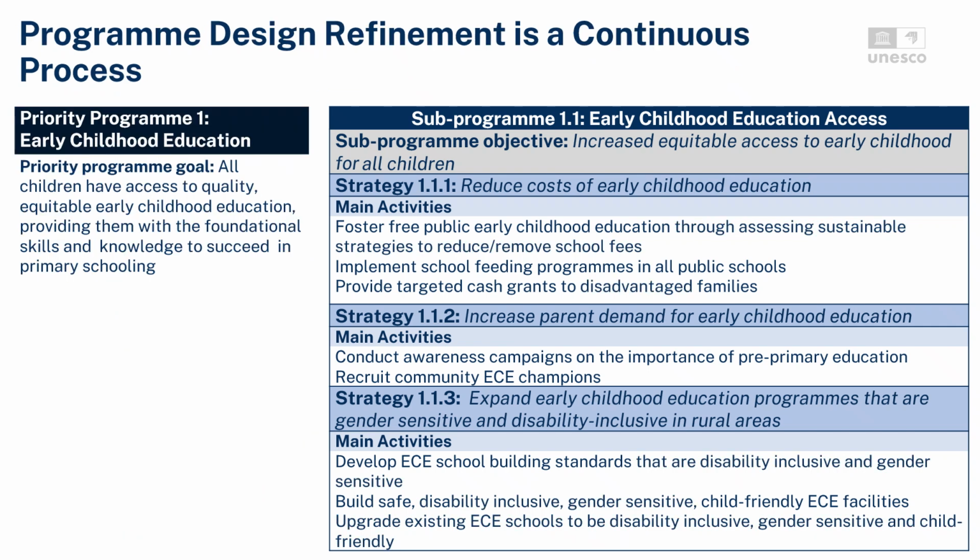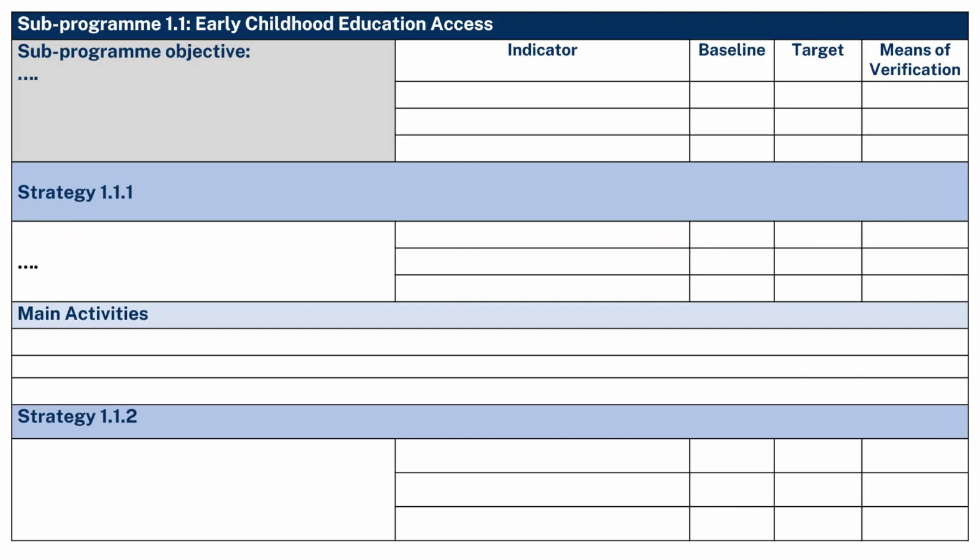Again, our strategy and activity design is not yet complete. This is just a first round of adjustments. We will continue to make these necessary refinements to our programs throughout the rest of the ESP development process. We will now quickly review defining indicators, setting targets, and indicating baselines and means of verification, which you will be